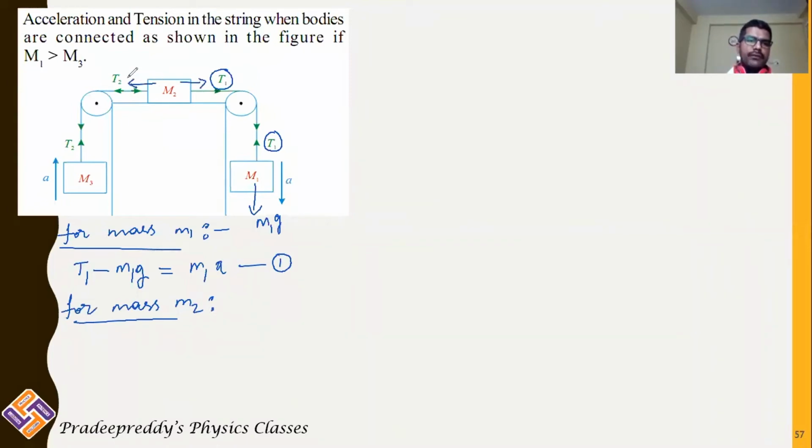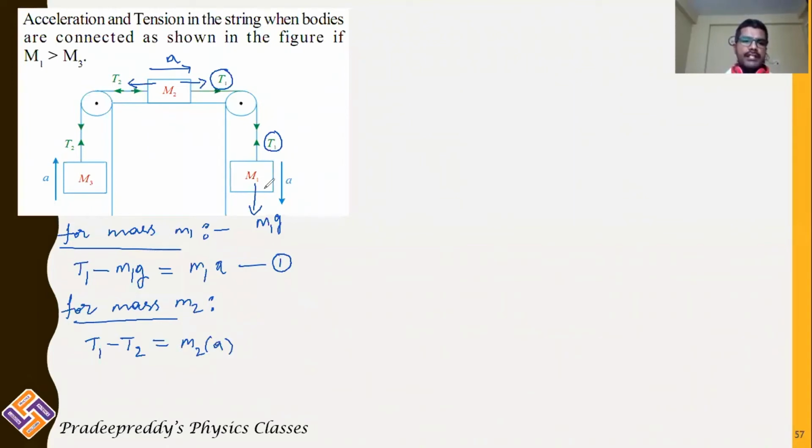On the left side there is one force, it is tension T2. Overall mass m2 is moving with acceleration a, to the right side. Therefore, taking the right side force as positive and the left side force as negative, on the right side it is T1, the left side force is T2, and it is equal to